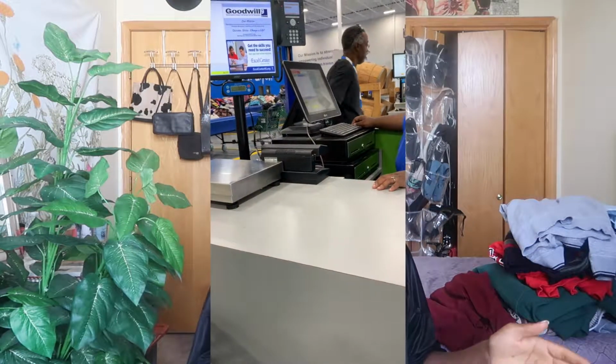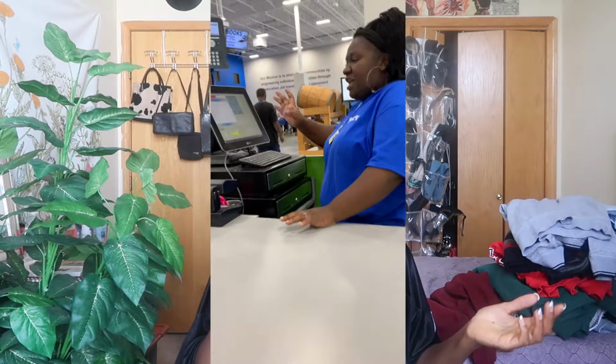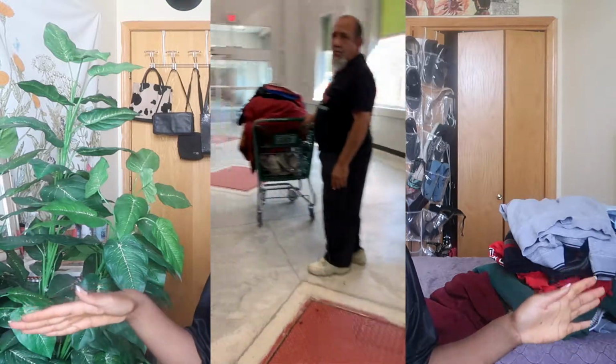What happens is you get all your stuff, and then you have a cart. If it's small things, they have a little scale, but usually people are having a lot of things. So you put everything in your bag and your clothes, and then put it on the cart. I was having a little difficulty because